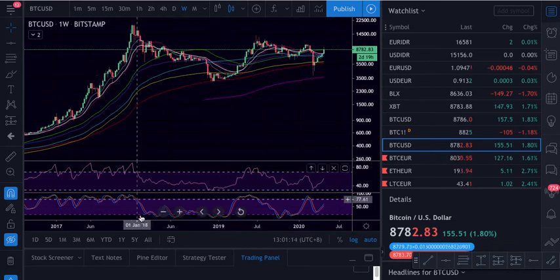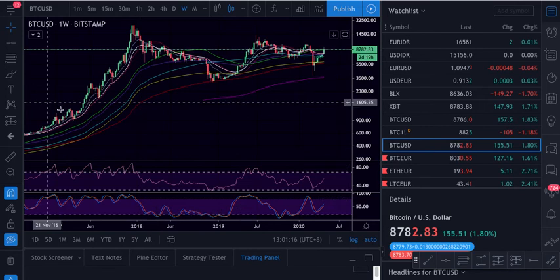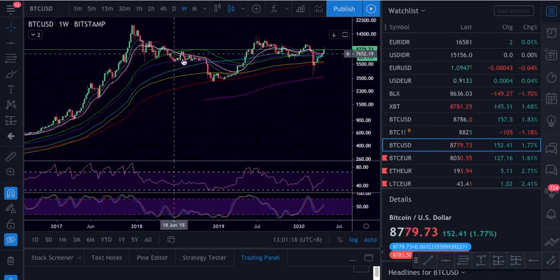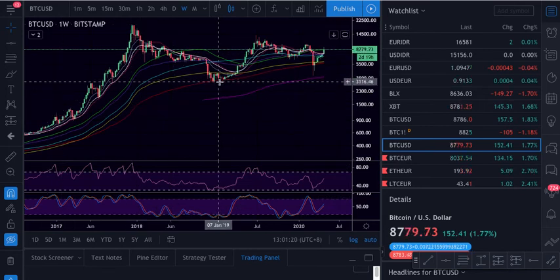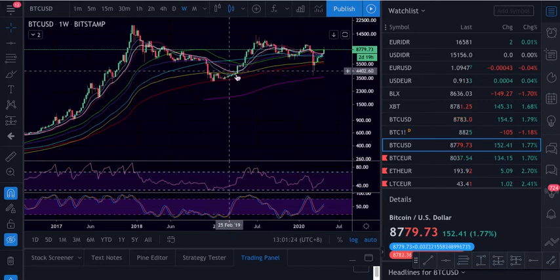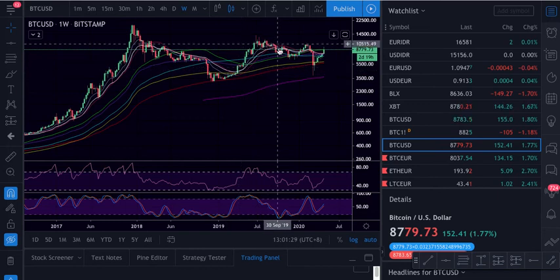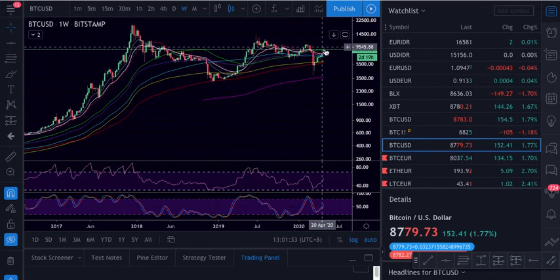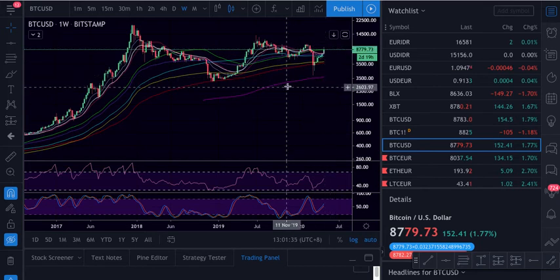So you see 2017 here, going up, all the way down to December of 18, consolidate here, never went down these lines, managed to go above, and then as soon as we went above this line, we went here, consolidate again, tried to go above, back down, now it's trying to go above again, and you need to see